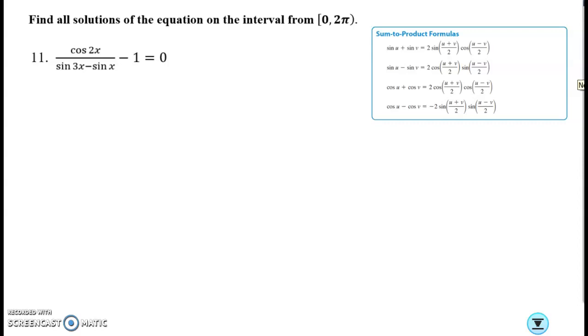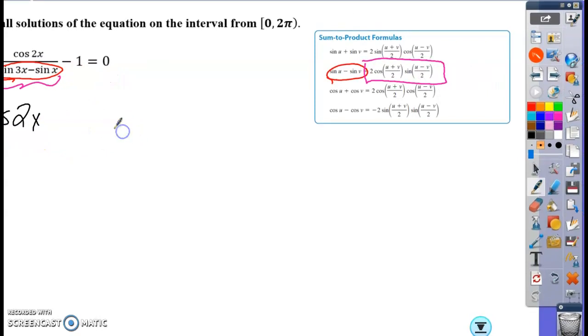Next, find all solutions to the equation. Okay, in order to do number 11, you're going to need to use the sum to product formulas. So we have sine minus sine here, this formula, and that's what I'm going to use to get rid of this denominator. So we're going to use this formula here and simplify this. So on top, we have the cosine of 2x, and on the bottom,